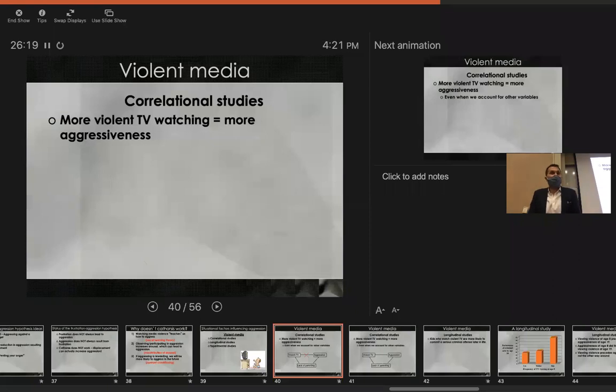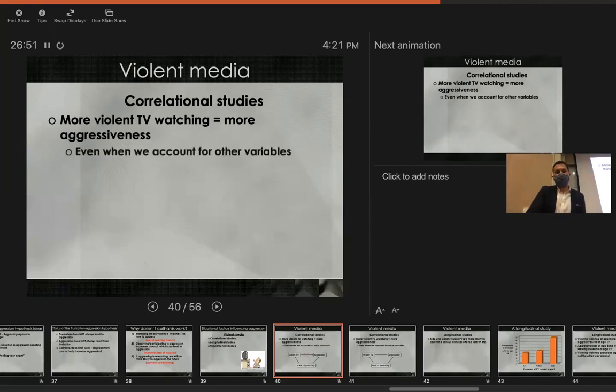Now, we know that we can't simply establish causation from a correlation, right? So although it might be tempting to conclude that watching violent TV causes more aggression, that's only one possible explanation. It can also be that people who are already aggressive tend to like to watch violent TV, or there could be third variables. We saw when we looked at correlations this semester, there's always at least 3 possible explanations for any given correlation, right? So we can't establish causation here, but there is a correlational link between these two things.